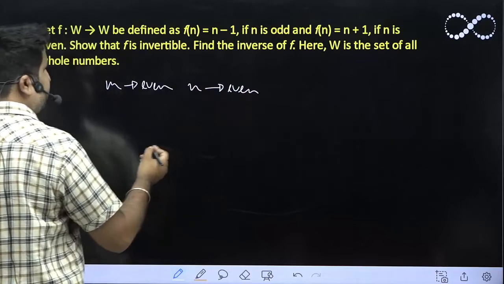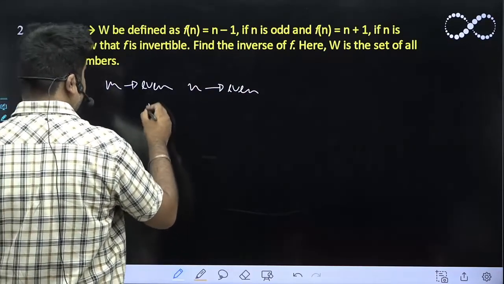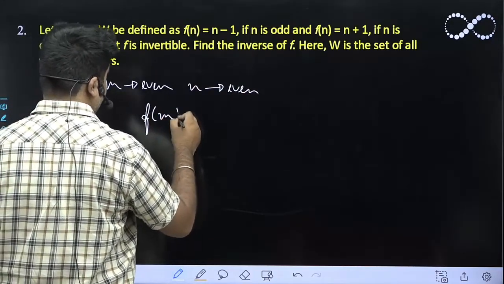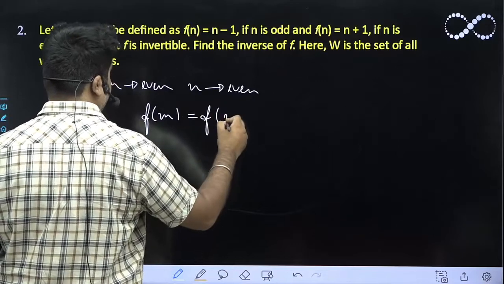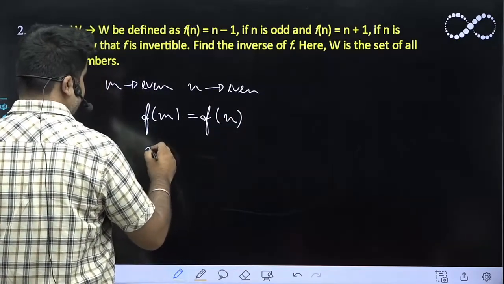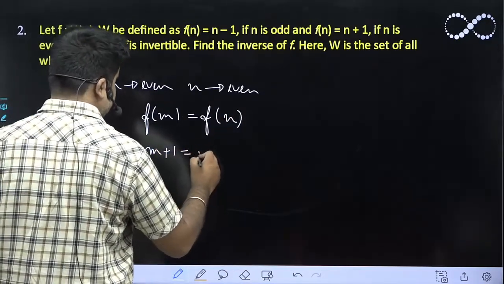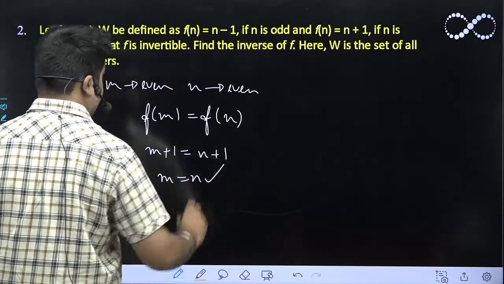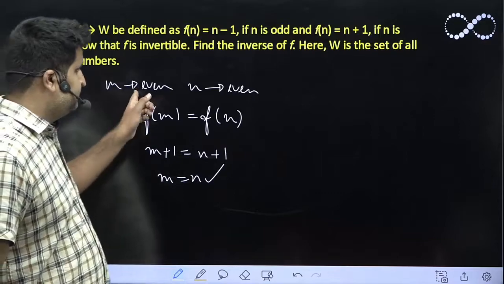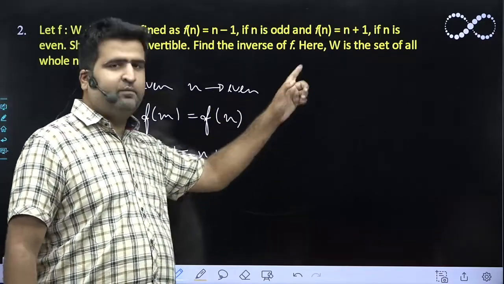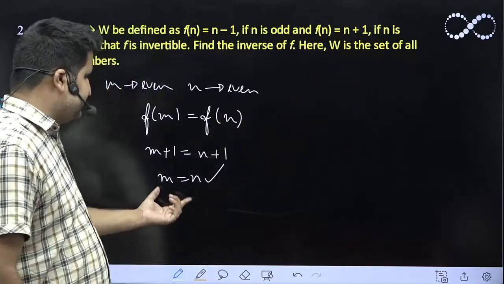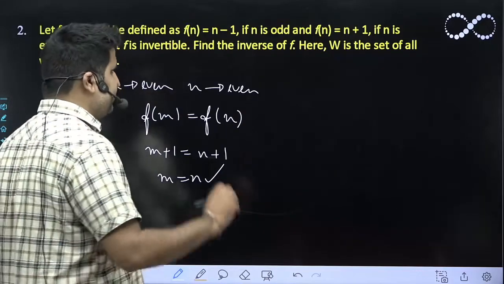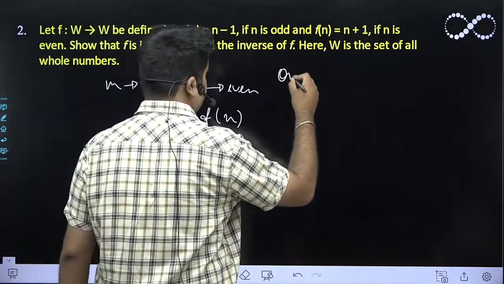So if both of them are even, then f of M is equal to f of N, means M plus 1 is equal to N plus 1, means M is equal to N. Okay, so if both are even or if both are odd, in both the cases M will be equal to N. So this function will become 1-1 function,